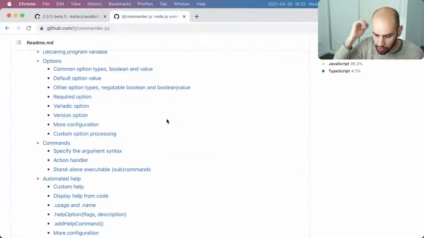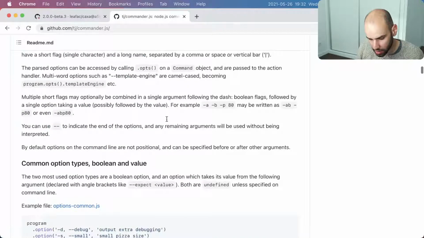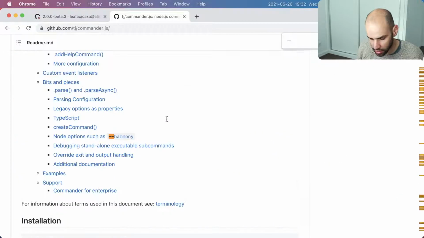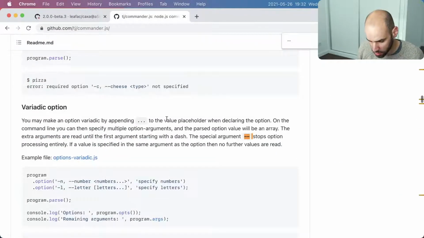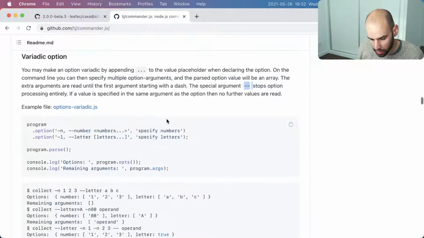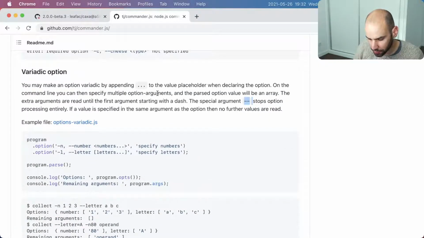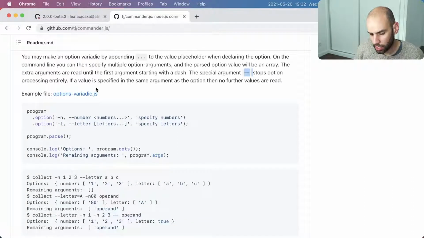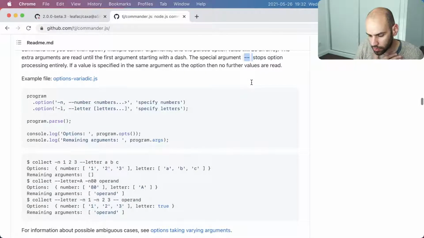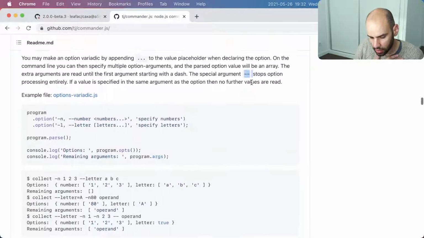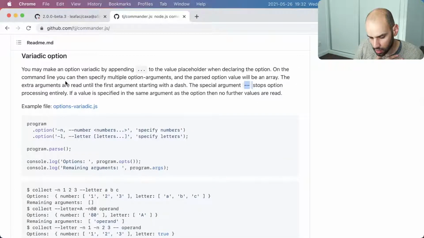But now we need to figure out how to parse this rest thing. Okay, I think we nailed it. I think it's this one. So variadic option, a special argument, stops option processing entirely. If a value is specified in the same argument as the option, then no further values are read. What?